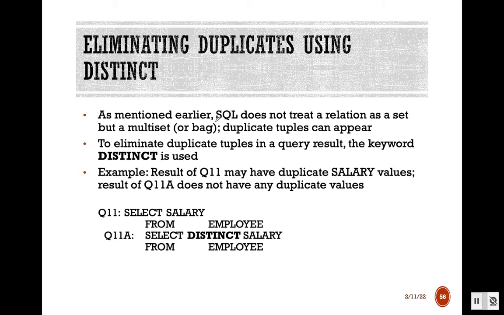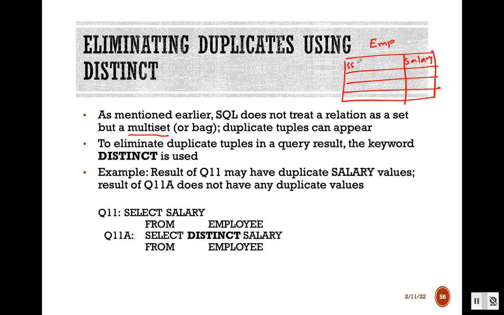As we mentioned earlier, SQL doesn't treat a relation as a set. It treats a relation as a multi-set, so duplicate tuples can appear in our practical SQL model. For example, we have an employee table. The employee table has SSN as primary key, but let's say we have the salary values like that. So 10,000,